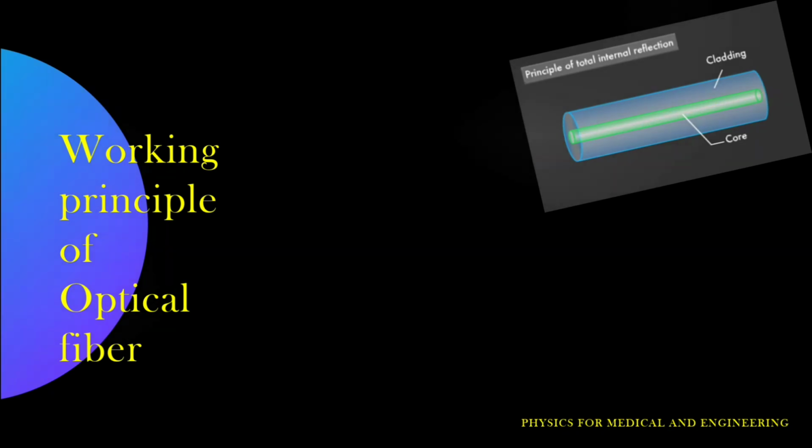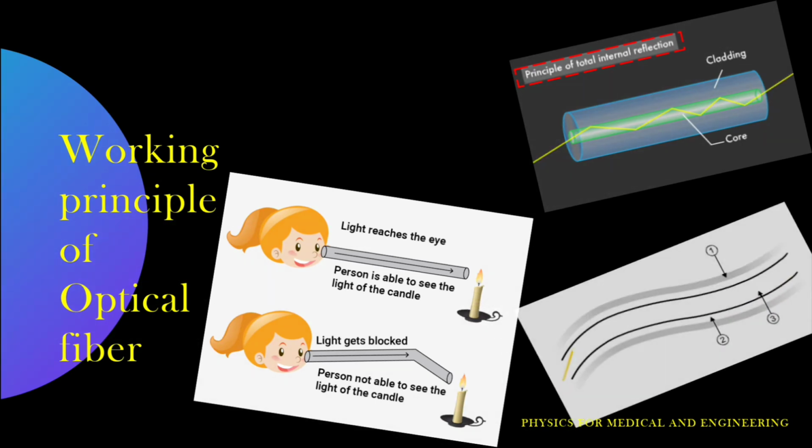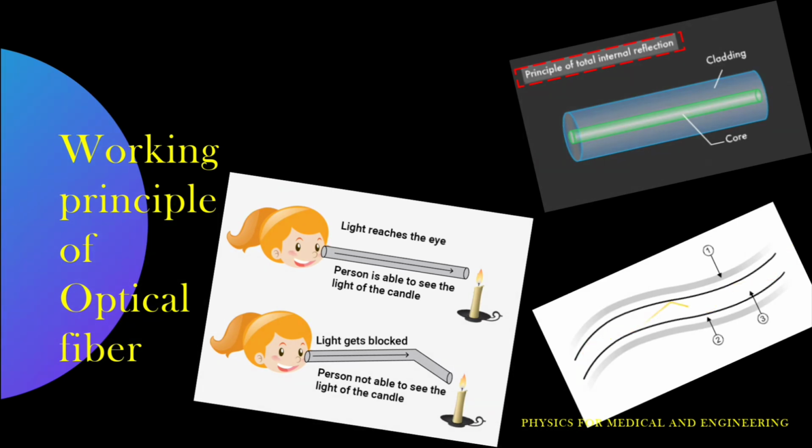Now let's see how optical fiber works. The optical fiber works on the principle of total internal reflection. Light rays can be used to transmit a huge amount of data, but there is a problem here. The light rays travel in straight lines. So unless we have a long straight wire without any bends at all, harnessing this advantage will be very tedious. Instead, the optical cables are designed in such a way that they bend all the light rays inward using total internal reflection. Now first, let's see what is total internal reflection.